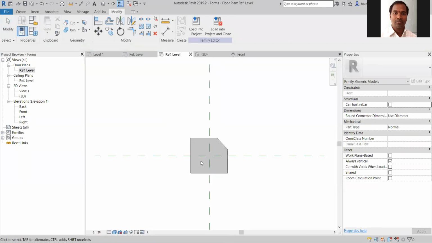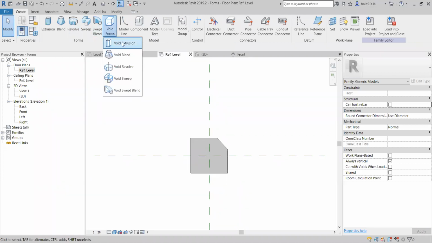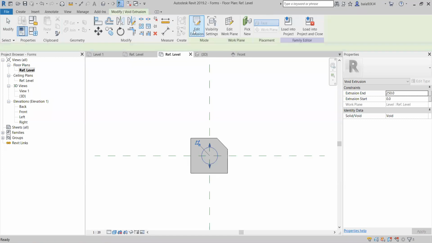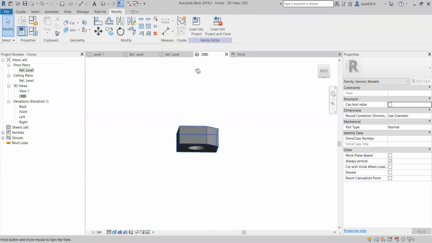Now I want to make the hollow cutting. Create, okay, and go to the void extrusion. I'm taking the circular part in between. This is one part. If you create the void, you can get the hollow part in the solid.